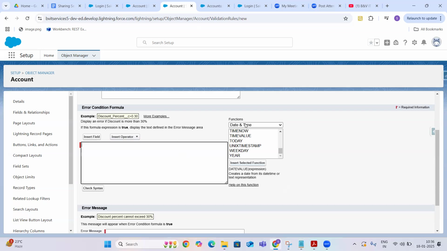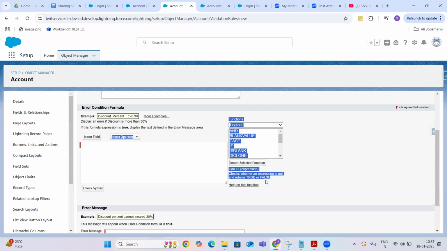type is null or blank. Okay. So that is logical. If you see, is null, is number, to check whether the given value is a number or not. I'm going to check whether an expression is null and returns true or false.